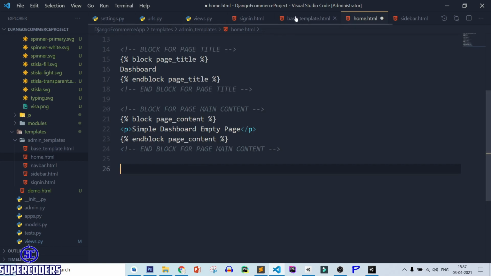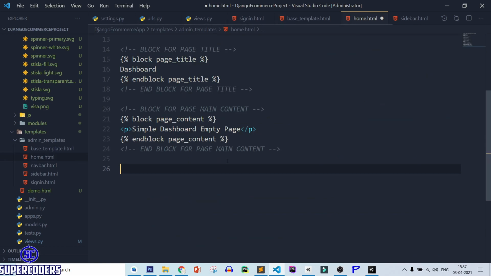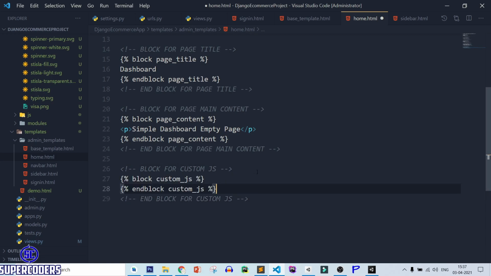After that next is our custom JS. So here block for custom JS and block for custom JS. Paste your block, save it.